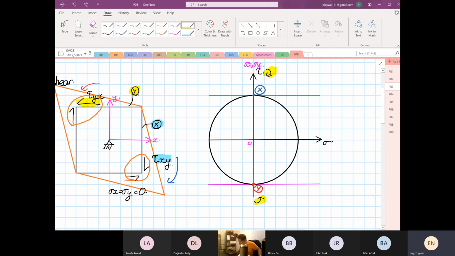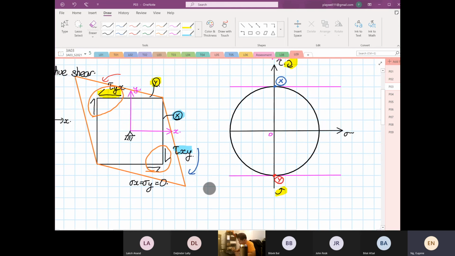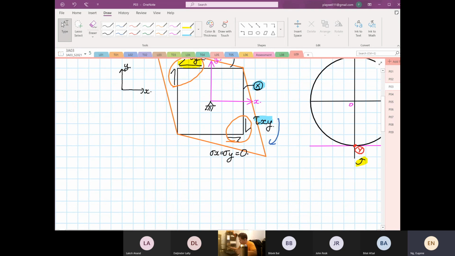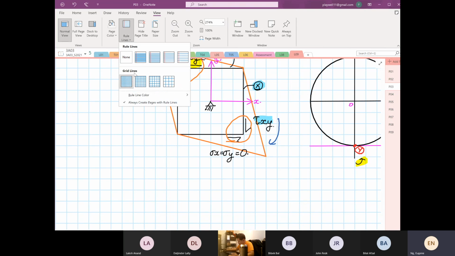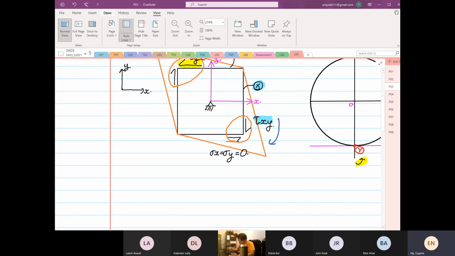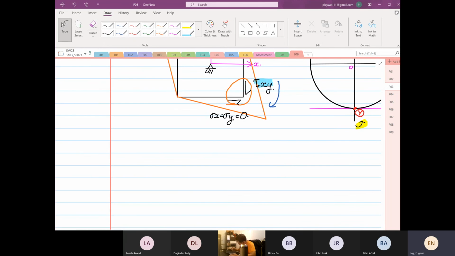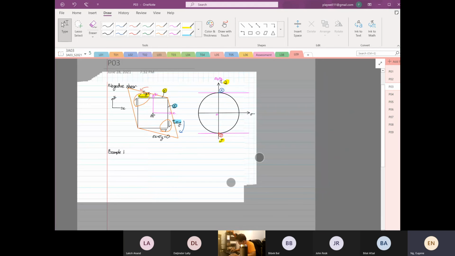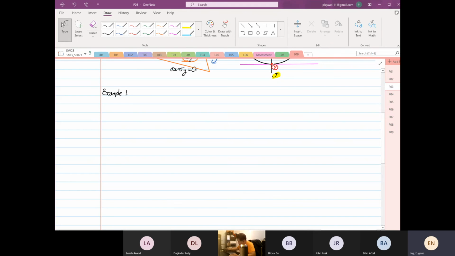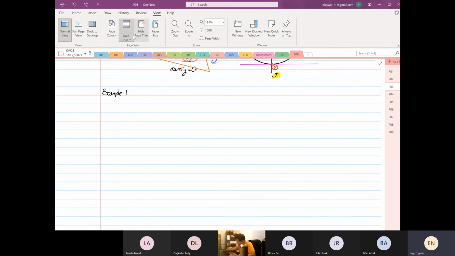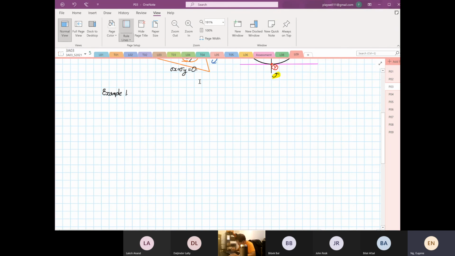Right. So let's look at an example where we combine normal stress and shearing stress together, which I did when we completed the previous example. So we are going to do example number 1. I hope I have enough space. I do. So example number 1 is we have an element